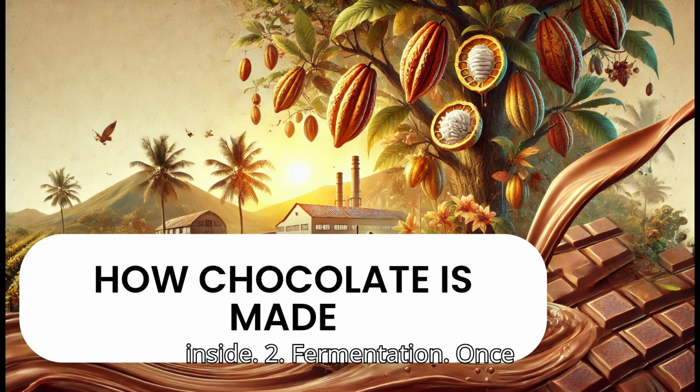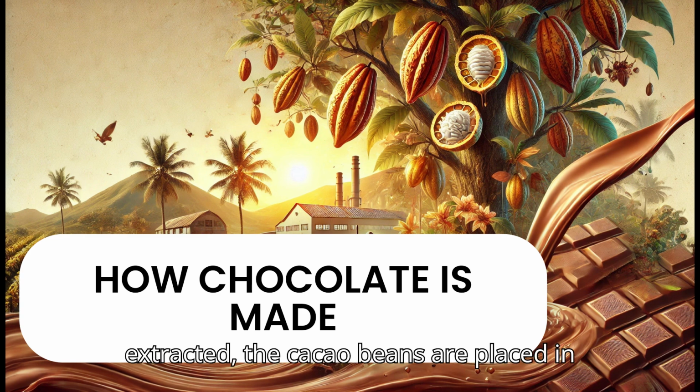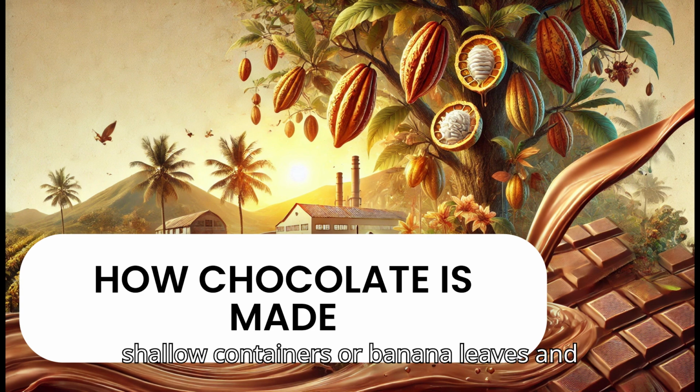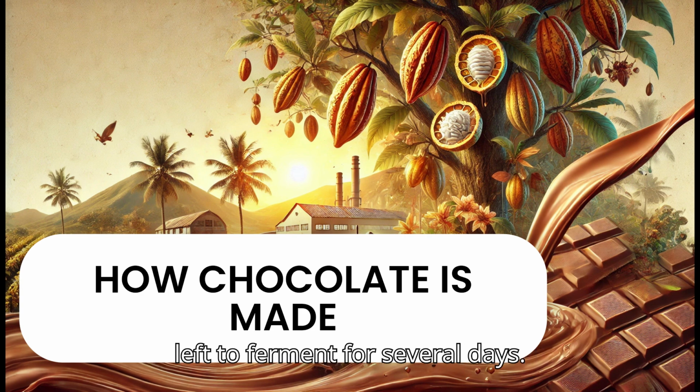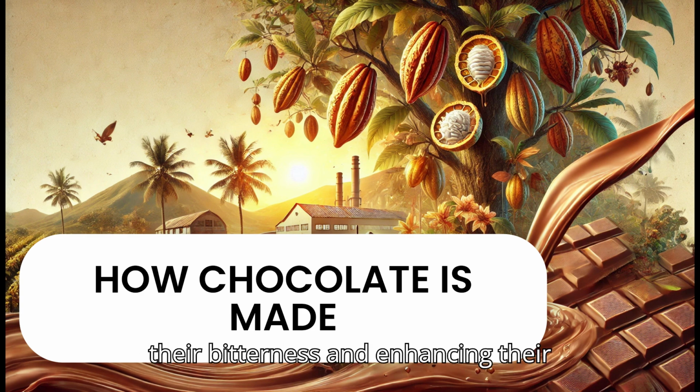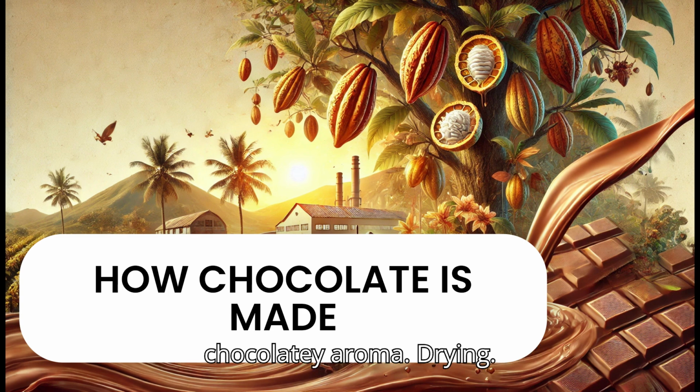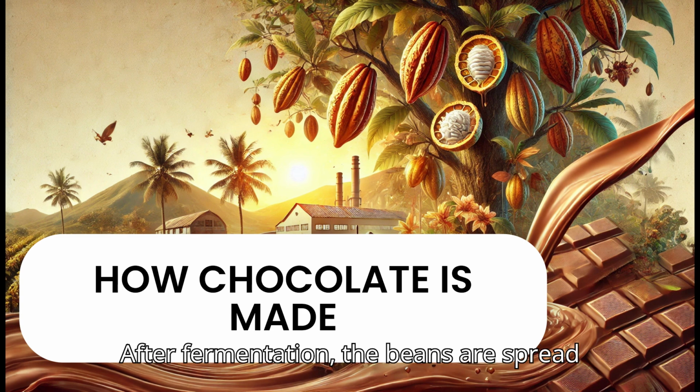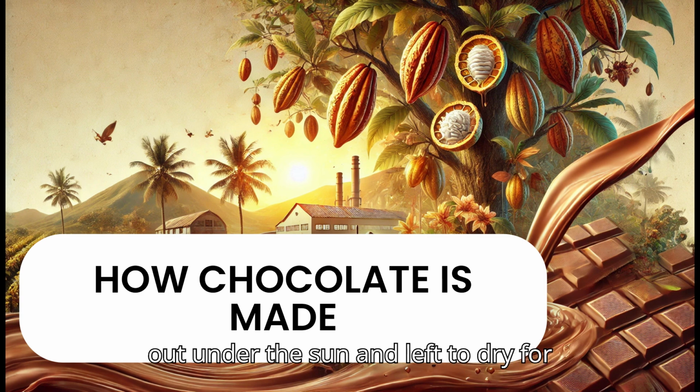2. Fermentation. Once extracted, the cacao beans are placed in shallow containers or banana leaves and left to ferment for several days. Fermentation is crucial as it helps develop the beans' flavor by reducing their bitterness and enhancing their chocolatey aroma. 3. Drying. After fermentation, the beans are spread out under the sun and left to dry for about a